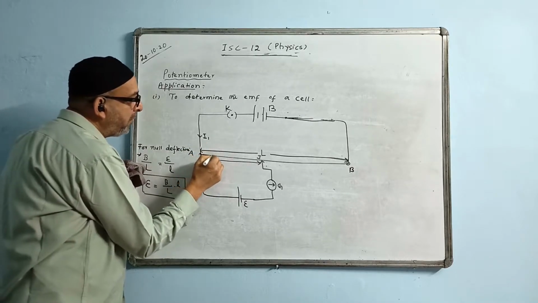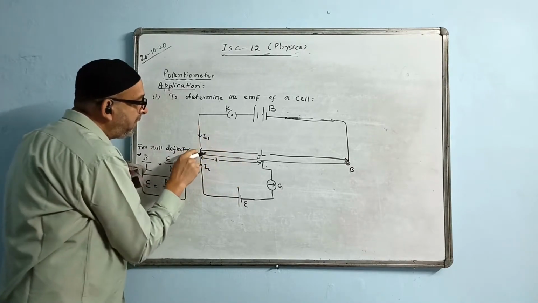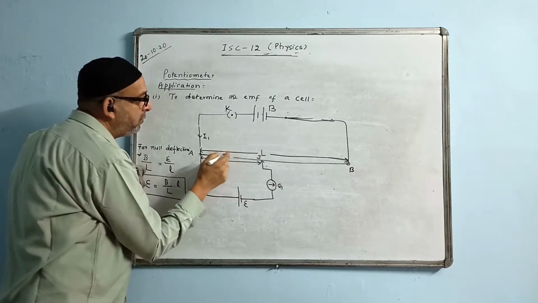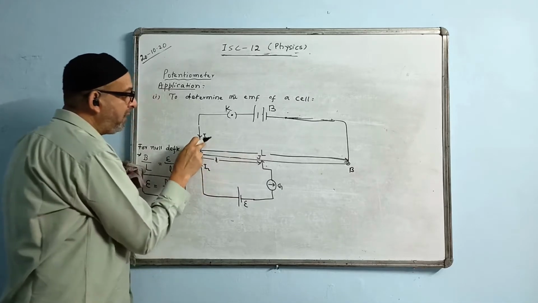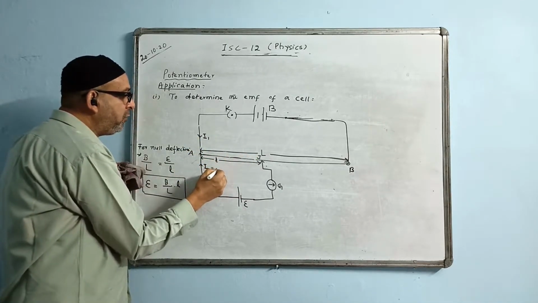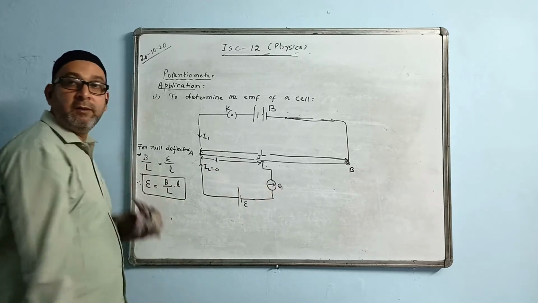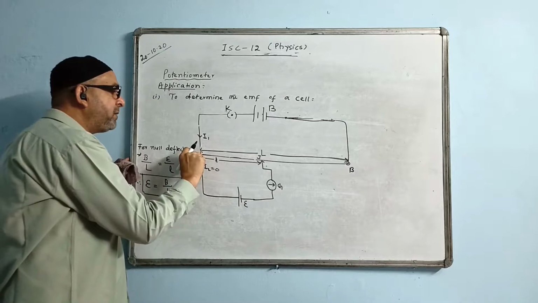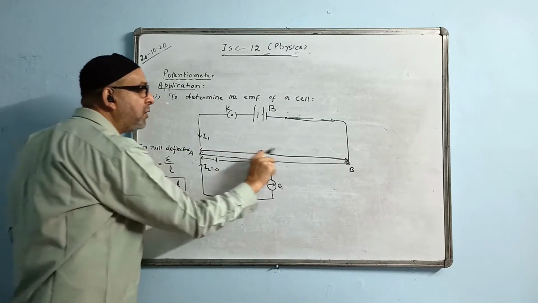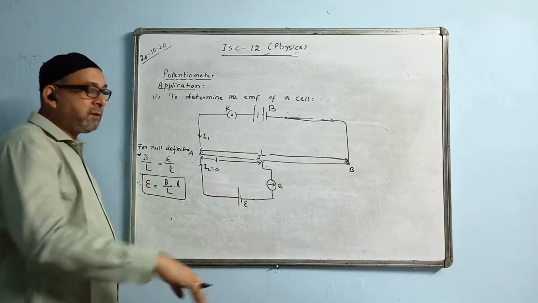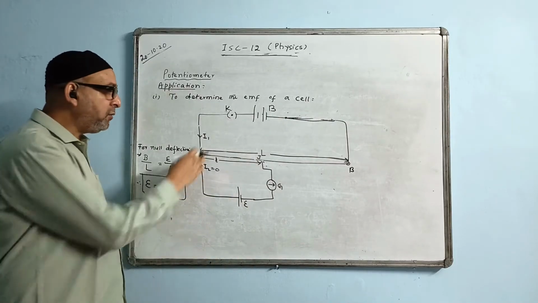What is supposed to happen? This current I1 and I2 is supposed to be joining together. I1 plus I2 will flow out here like this. But the I2 value is 0. Why is it 0? Because of this. That means what current will flow? I1 plus 0. That means I1 only will remain here. Here also I1 only will remain. Throughout, I1 will remain, as if this is out of the circuit. This is not supplying any current to the circuit.